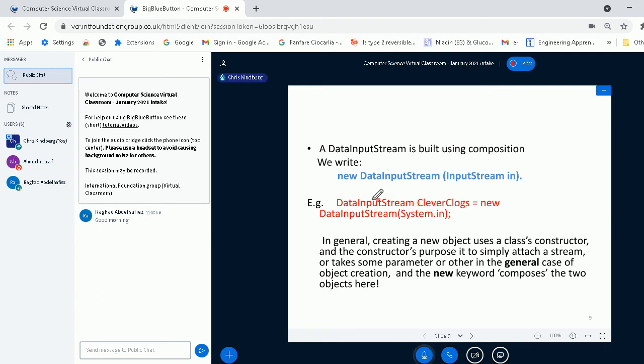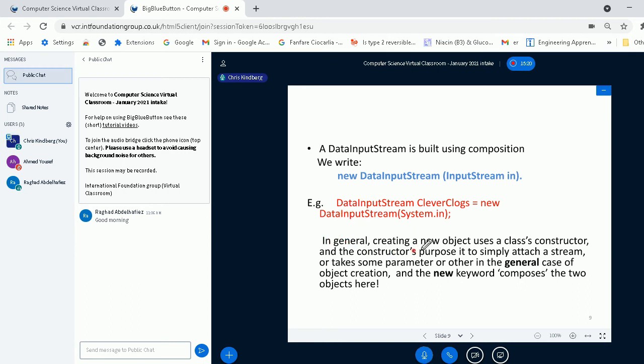So that looks like a bit of a nightmare, but just interpret it in the way in which I've interpreted that. cleverClogs is the name of a new DataInputStream object, which is composed with a stream. And I'll show you a familiar diagram for what's happening here.